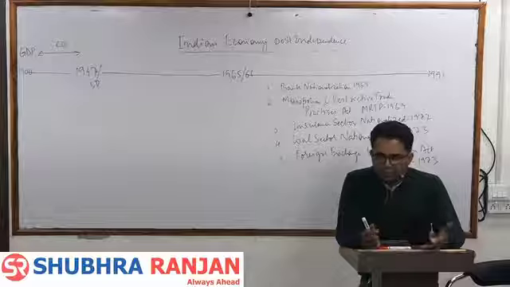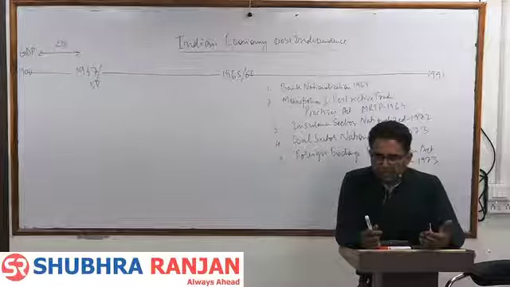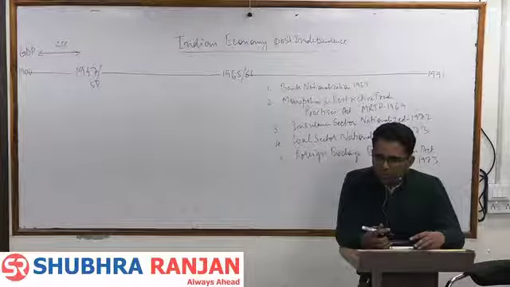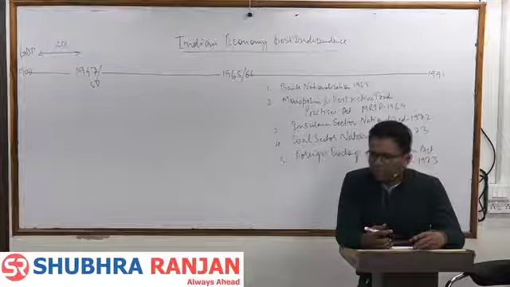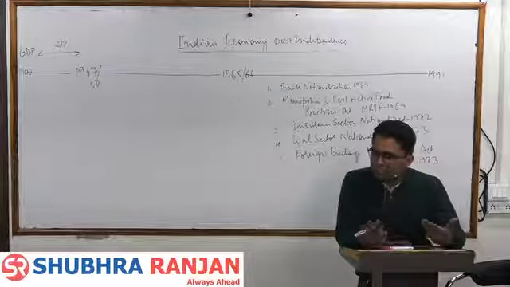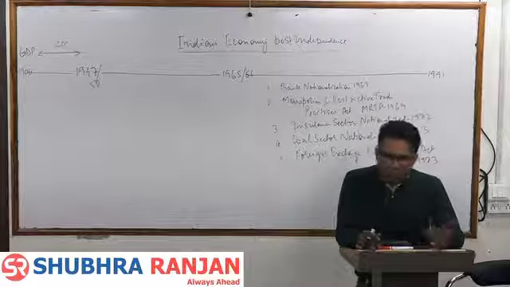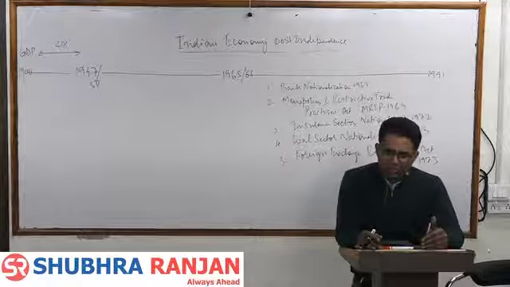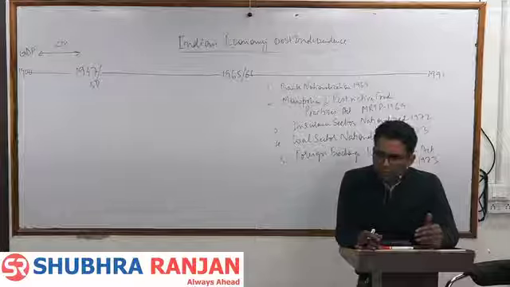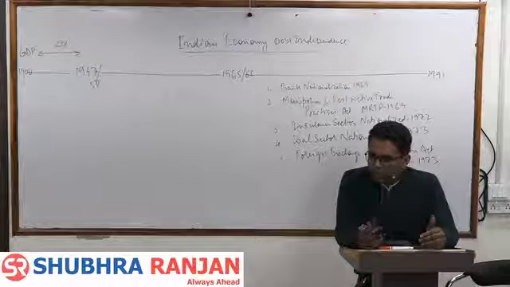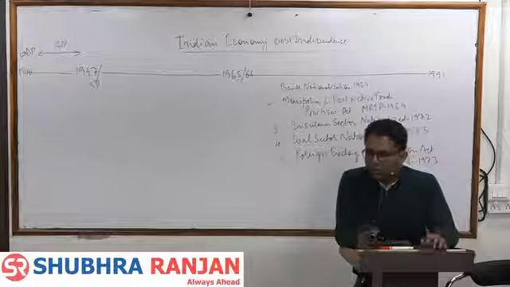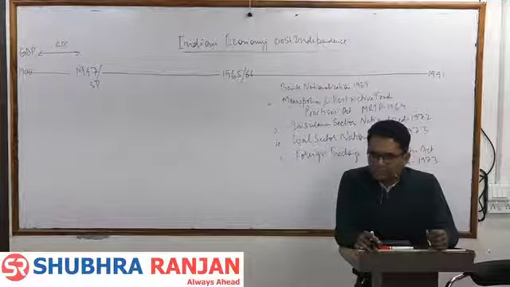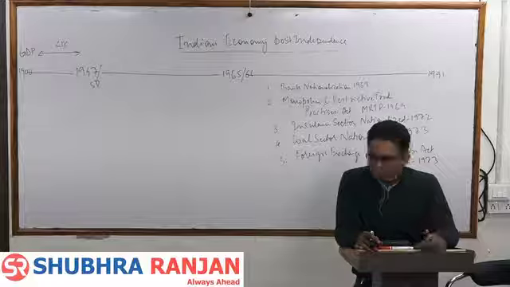Why? A lot of MPs, MLAs, and bureaucrats forced these public sector banks to give loans to their relatives and others, which turned into NPAs. So the number of branches increased, to a certain extent financial inclusion happened, but a lot of these banks turned into losses, and NPAs increased a lot. So the government had to put money into those banks. So कुछ positive हुआ, but it was negative also in that sense.